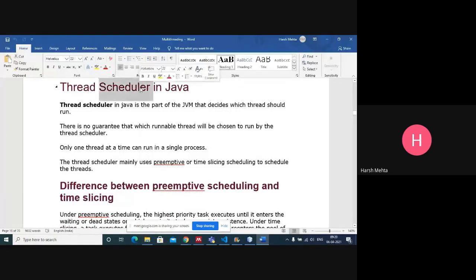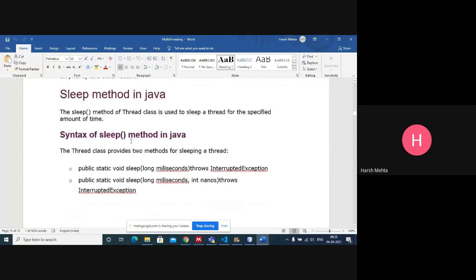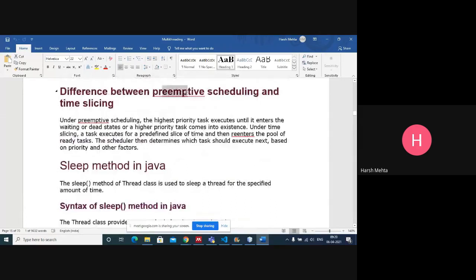Thread scheduler in Java. So what is the scheduler actually? Scheduler means there are two types of scheduler: preemptive and time slicing. Preemptive means highest priority task.